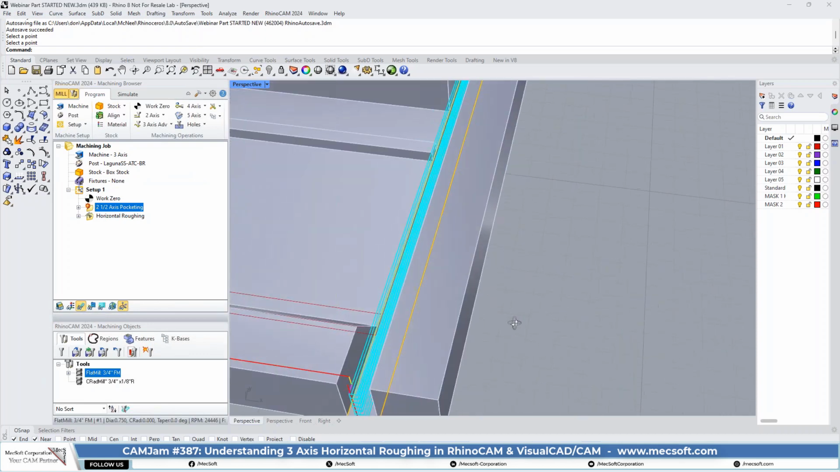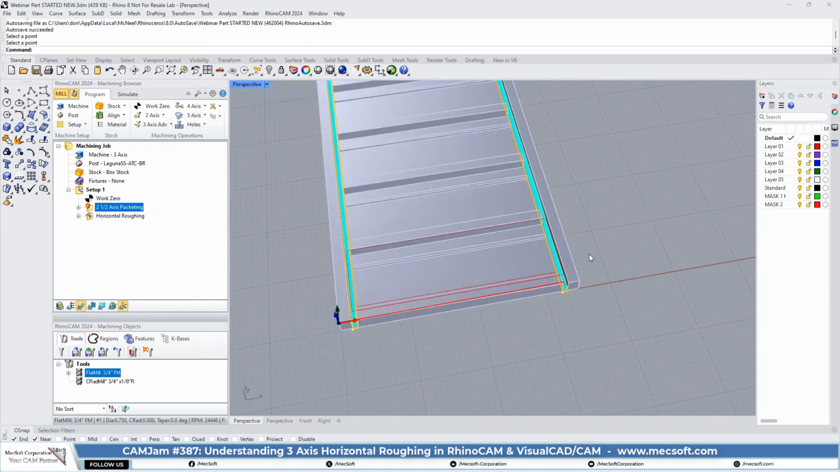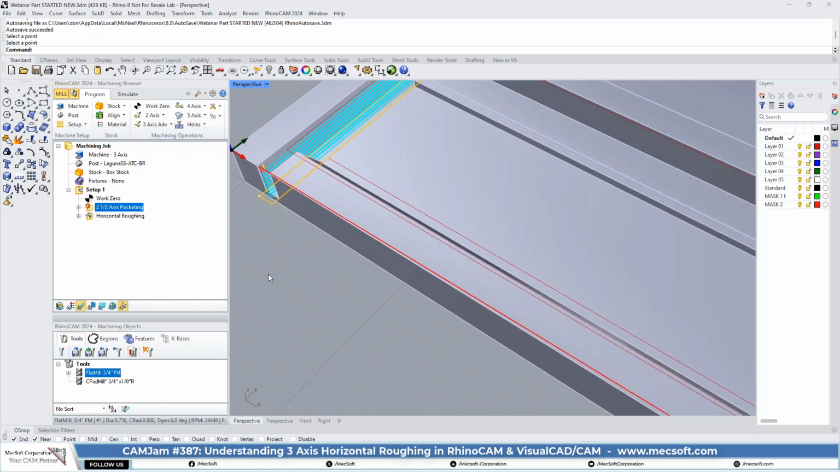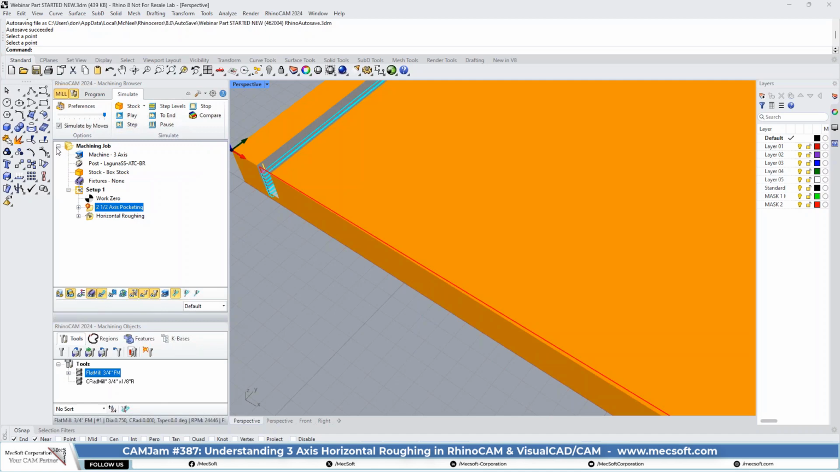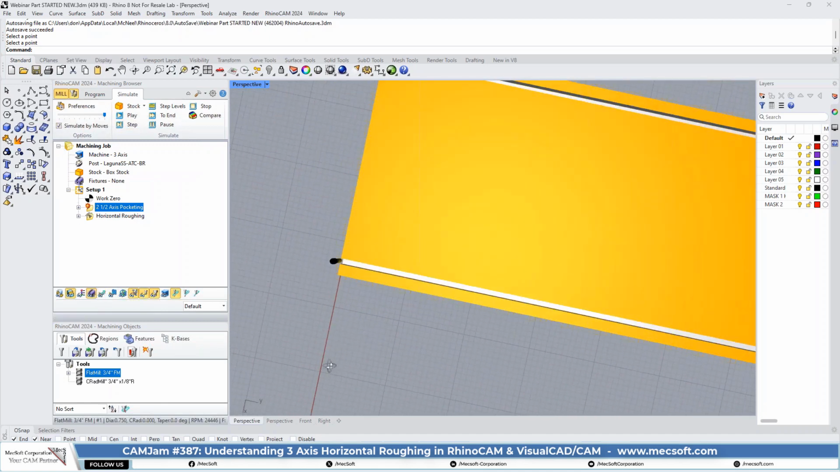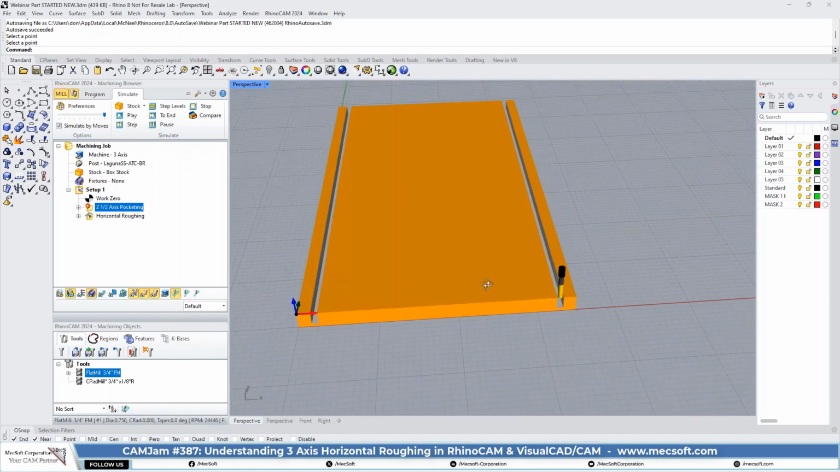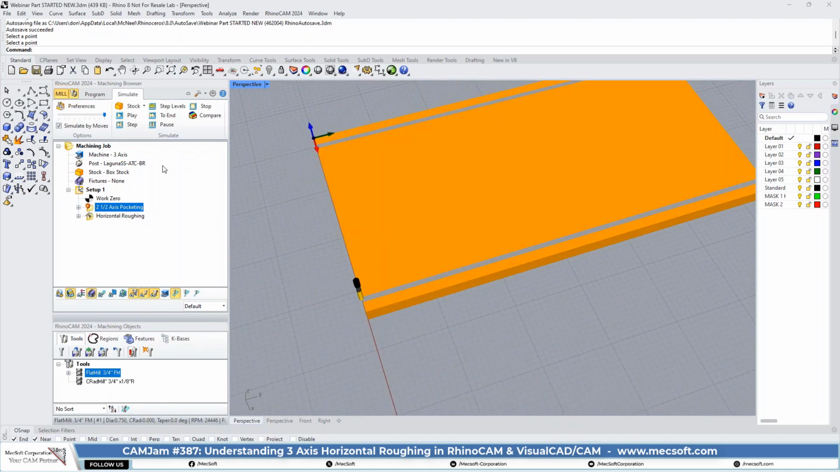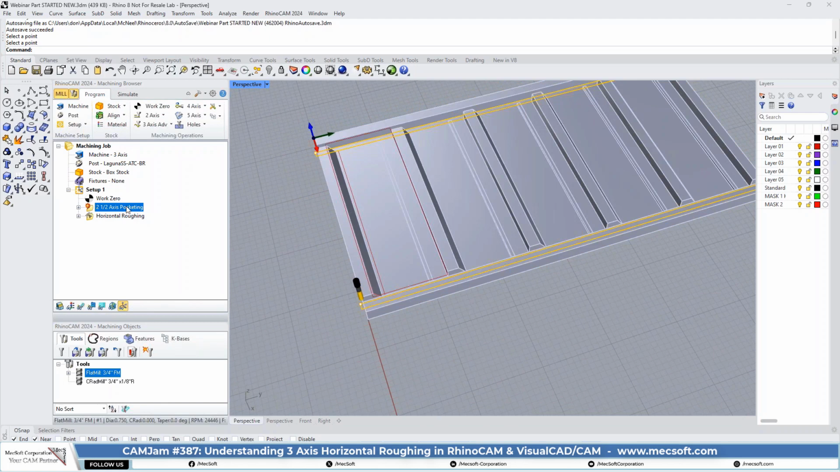So here's our pocketing for both sides. Let's go ahead and simulate that real quick. Turn the toolpath off. So you see we got 2 slots to go the entire length of the part. Now let's hop back into, okay,